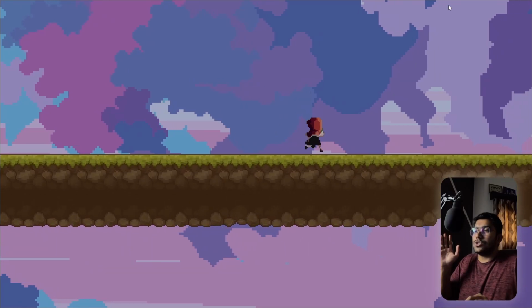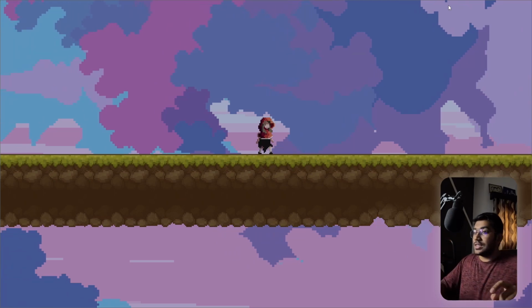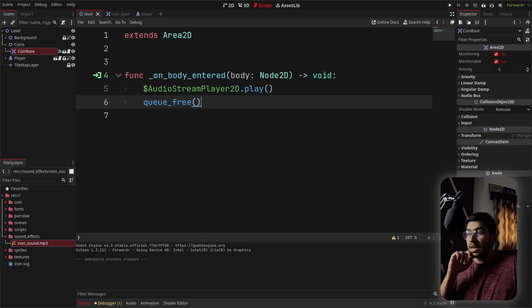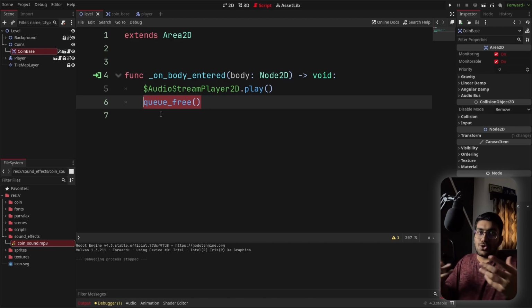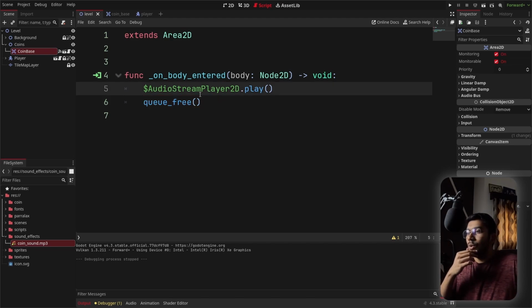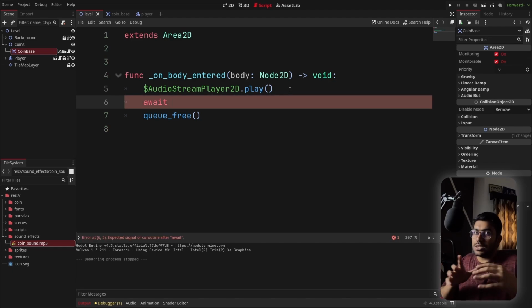So if I go over this node, the coin disappears, but now I'm not able to hear anything. And the reason for that is you tried playing the sound, but immediately after that you deleted the node. So there is no sound to be played. So what we want is to wait till the time this audio stream has stopped playing. So for that, I'll use a keyword known as await, and that would wait till the time a signal is